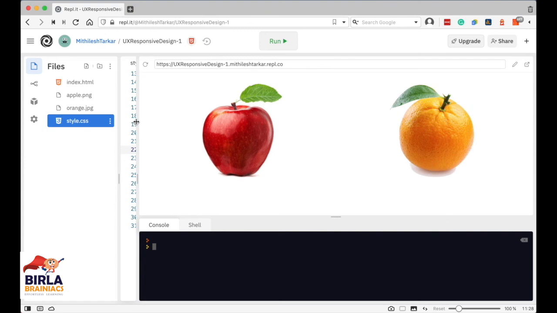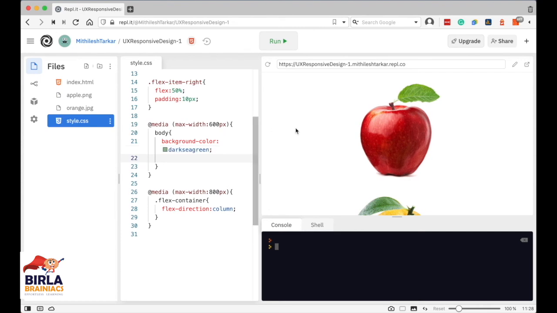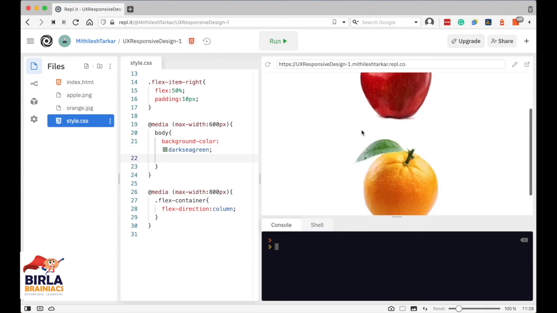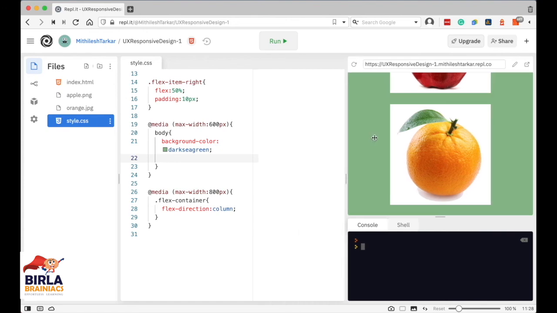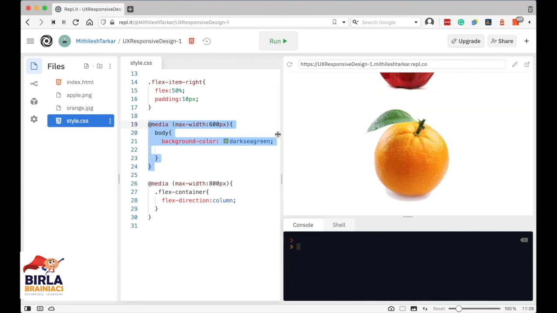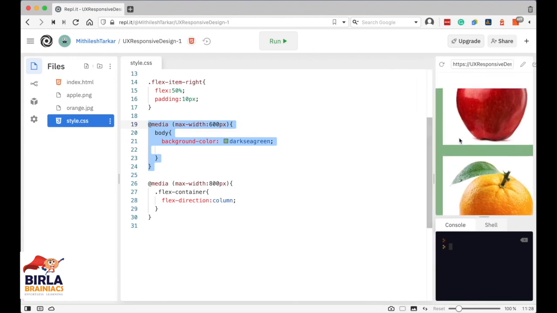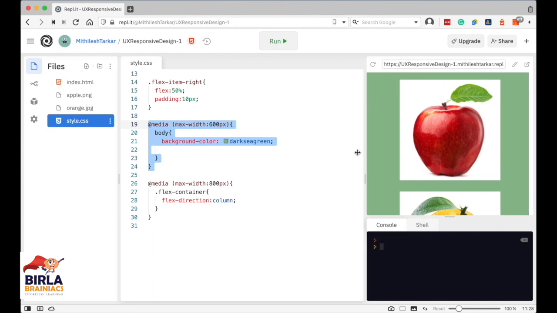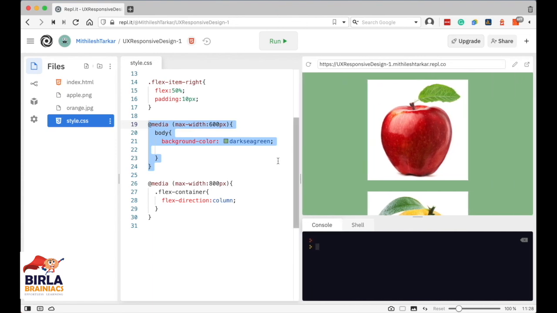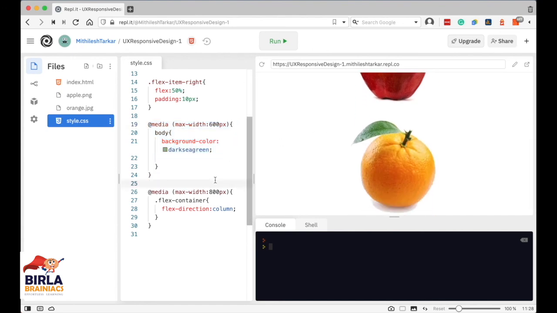It is showing a row layout, and as it becomes smaller, it is now showing you a column layout. And there you go. Even this media query that we added, that is changing the background color, is getting triggered as it becomes smaller and smaller. So this is how we can create a responsive design using media query.